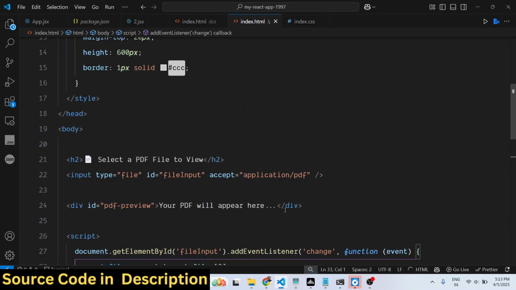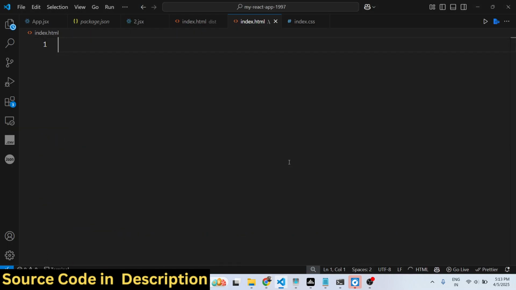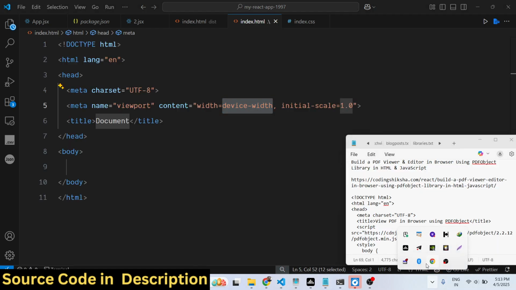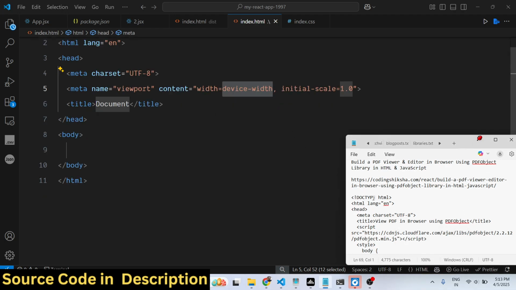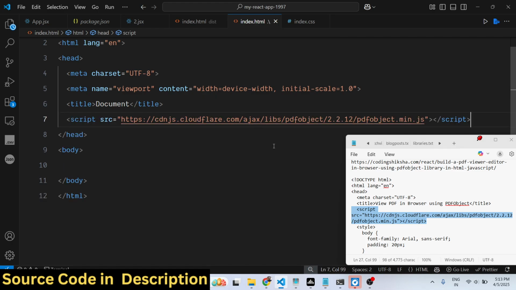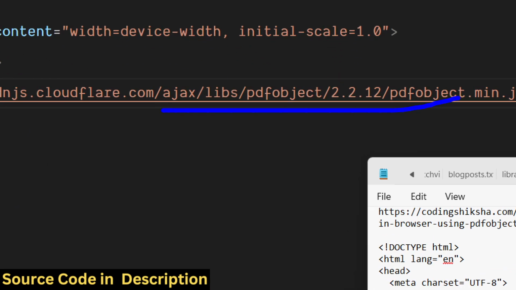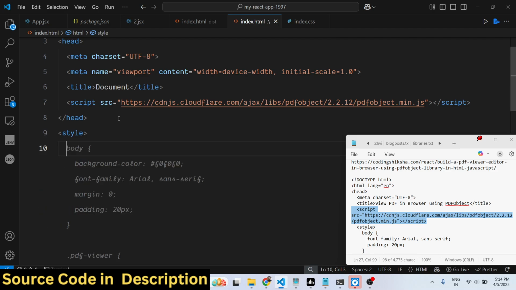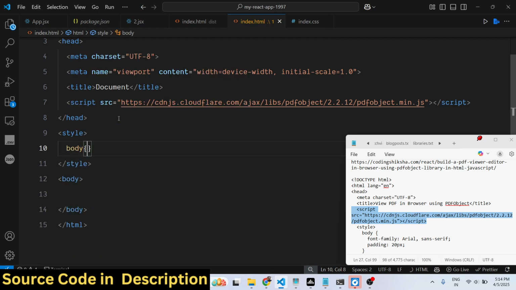So just create a very simple index.html file. I've given all the source code in the description. So now to get started, just create a simple index.html file, and we just need to include the CDN of this library. So just after the title, simply paste the CDN, and we are simply including the CDN right here. And then we will just write some basic style sheet code here, and we will just style the body here,